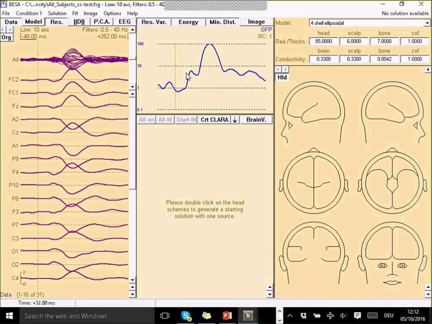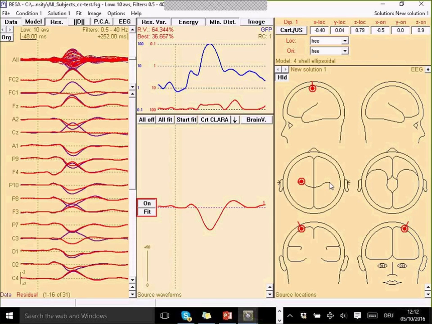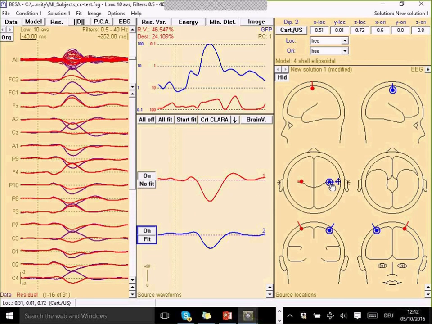So let's double-click twice into the head schemes to generate two dipoles. I know that I need two dipoles because it's auditory activation. I will also use an interval with the onset of 76 to 100 milliseconds,